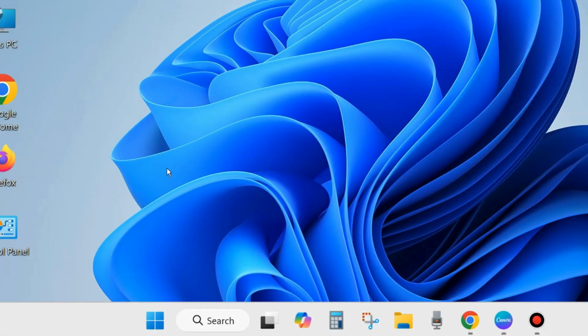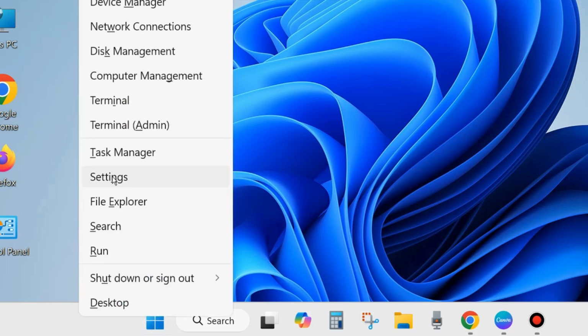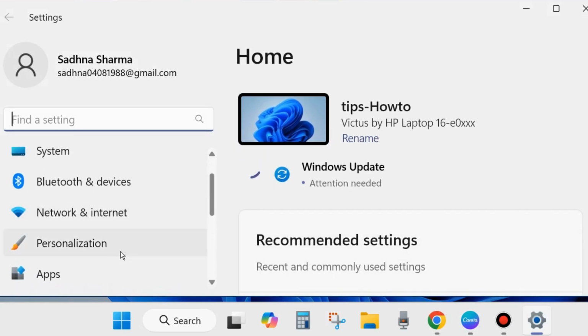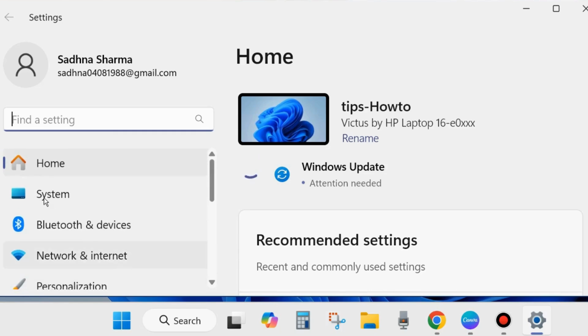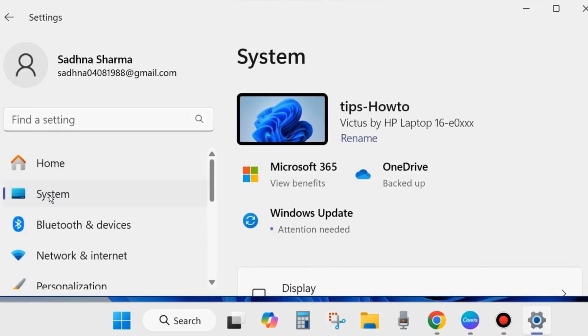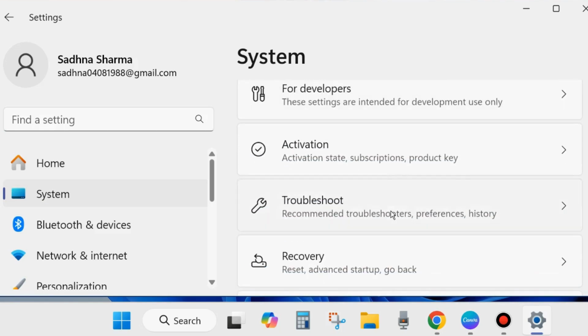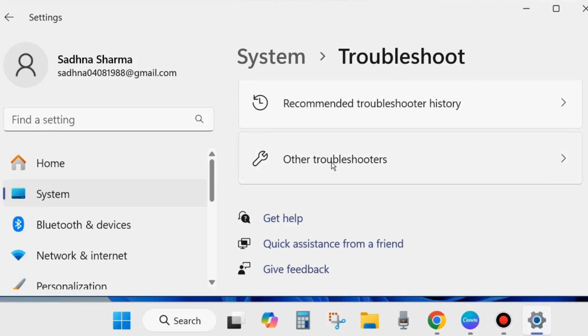Right click on the start button and choose settings. Here, from the left side of settings, go to system settings. Here scroll down and look for the option troubleshoot. Click on troubleshoot. Here choose other troubleshooters,